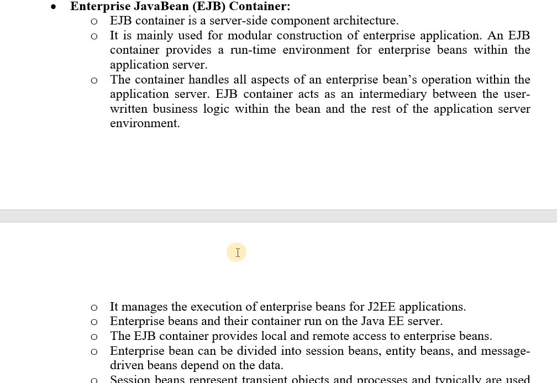Why is EJB used? The basic need of EJB is to allow the developers to develop modular applications, or the applications that are made up of various components. So EJB container will handle all the aspects of Enterprise Beans operation within your application server. An EJB container acts as a middleman. It acts as an intermediary. Intermediary means middleman, right? Middleman between the user written business logic within the bean and rest of the application server